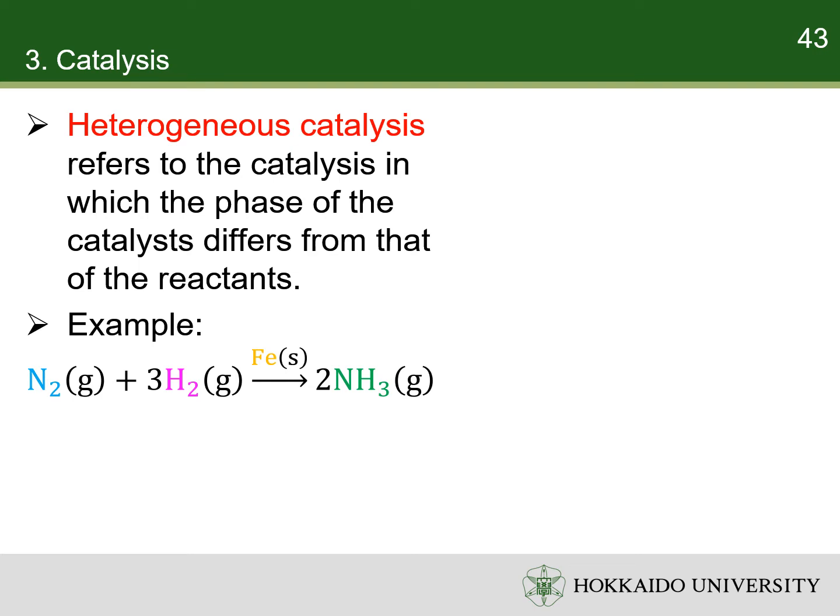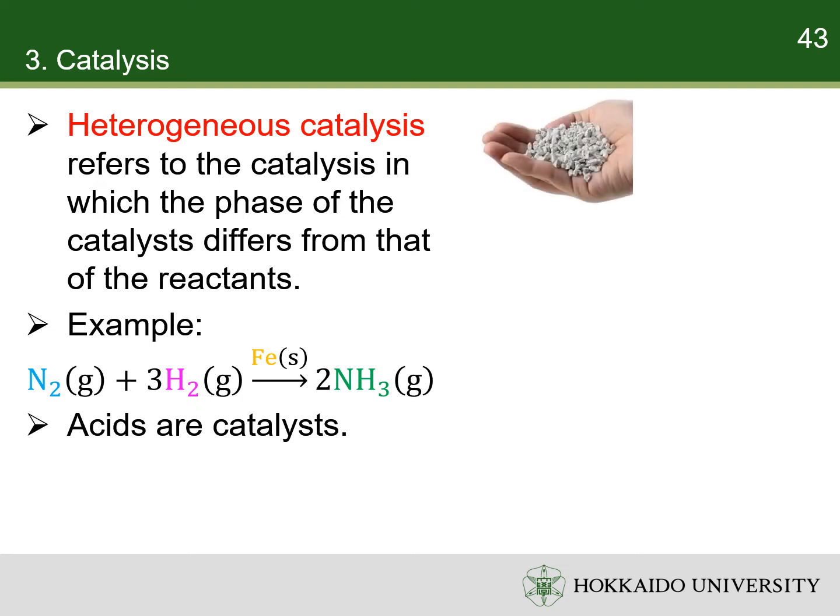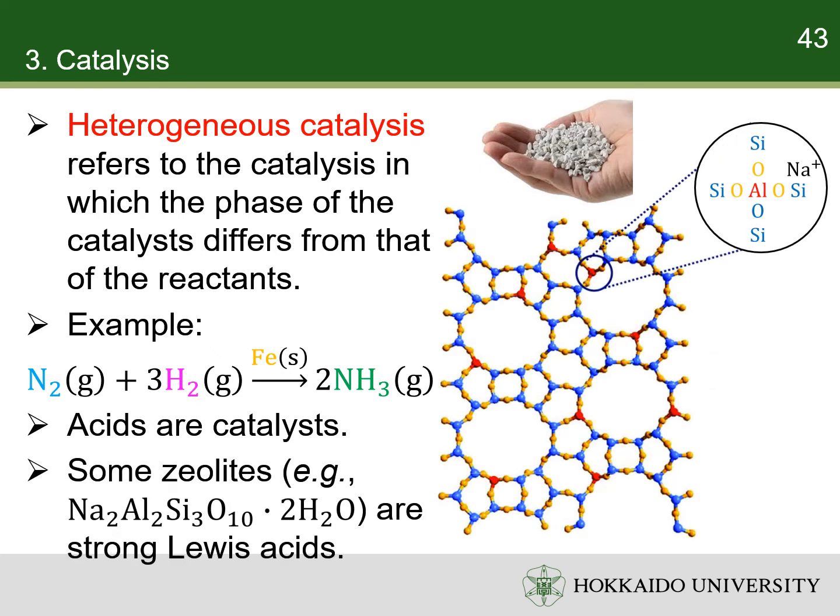In organic reactions, acid is an important catalyst, as shown in Fischer-Speier esterification. However, liquid strong acids such as sulfuric acid are dangerous to handle and difficult to recover. In industrial-scale chemistry, many processes are catalyzed by solid acids, which do not dissolve in the reaction medium and are safe to touch. Well-known examples include silicoaluminate zeolites, which are strong Lewis acids. When treated with aqueous acids, they become Brønsted acids as well, which can be as strong as sulfuric acid. Zeolite-catalyzed reactions are heterogeneous catalysis.